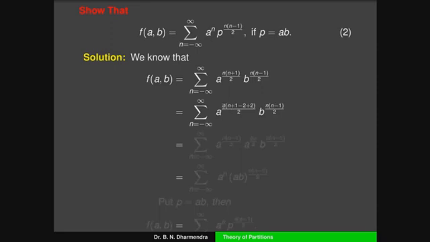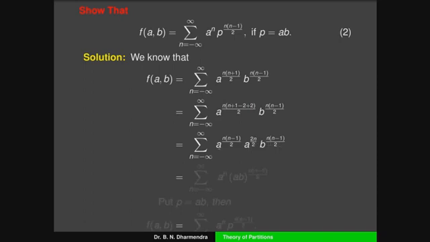So when I collect the terms of n into n minus 1 by 2 into a to the power of 2n by 2, after multiplication you can collect this one as one term. The other term is 2 into n by 2, that is another term of a. So that is equal to summation n running from minus infinity to plus infinity, a to the power of n into n minus 1 by 2, because 1 minus 2 is minus 1, into a to the power of 2n by 2. So the 2 gets cancelled, the term is a to the power of n into b to the power of n into n minus 1 by 2.